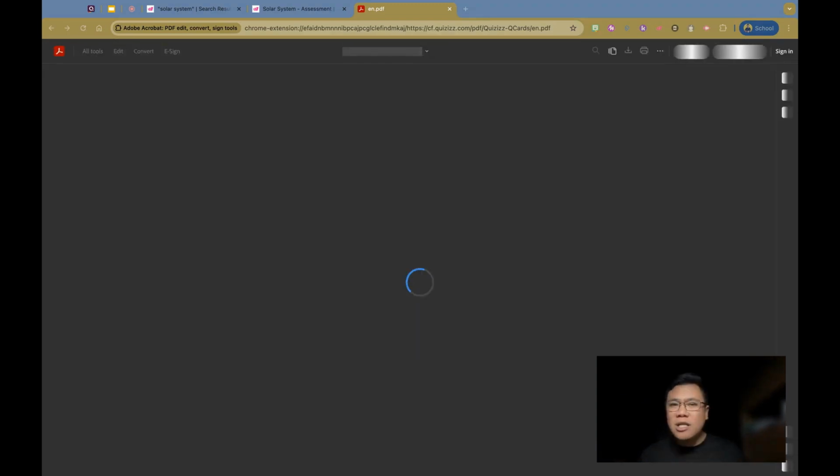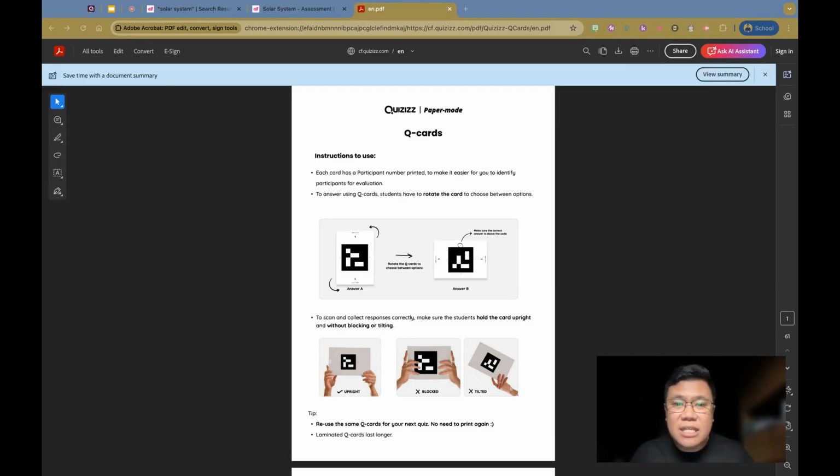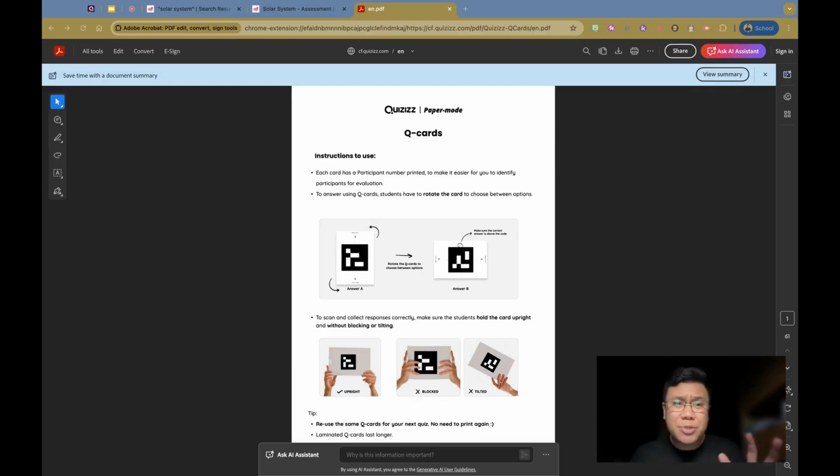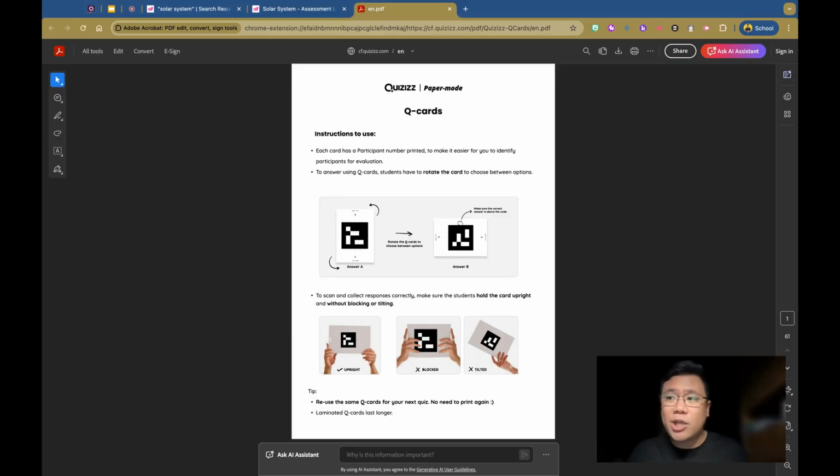How do these cue cards help us? The four sides of the cue card are marked A, B, C, and D, and these letters correspond to the four different answer options for a multiple choice question.